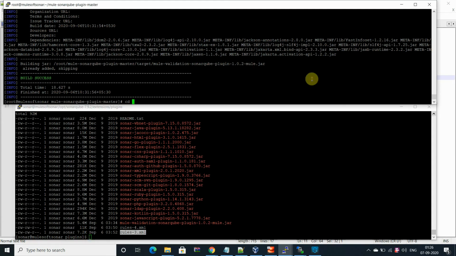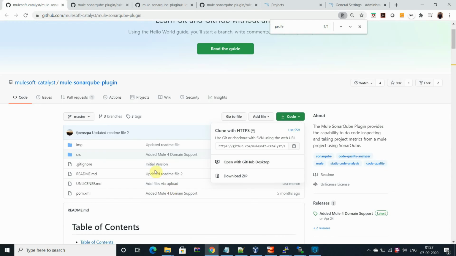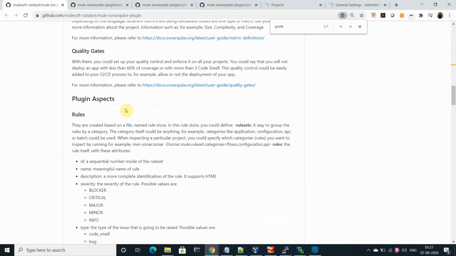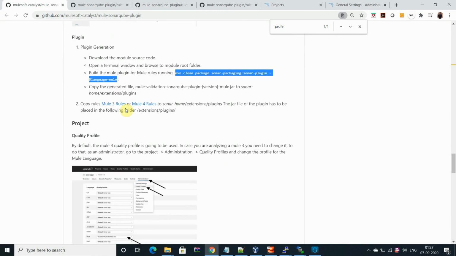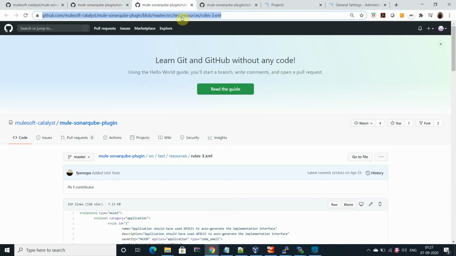Definitely you should keep updating the project, but just to keep those two rules to support the plugin in SonarQube. You can copy these two files from here. The link they have already provided. You can copy from this location and from this location.